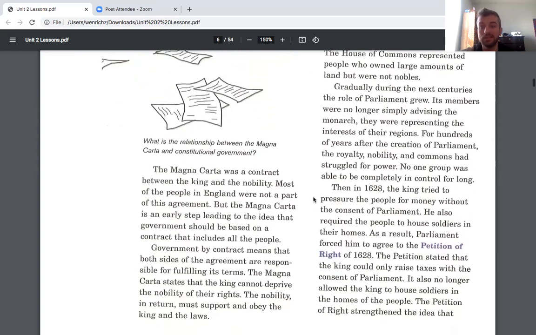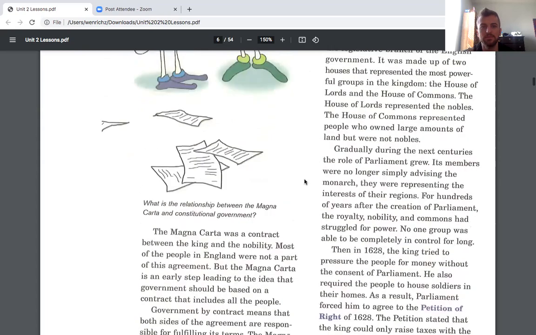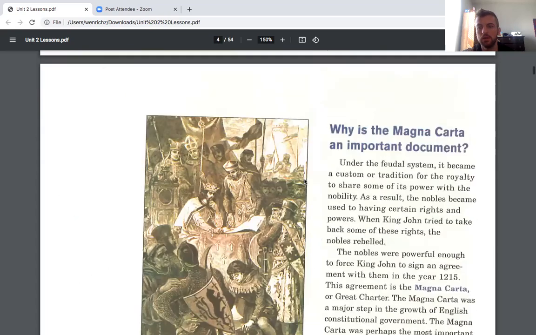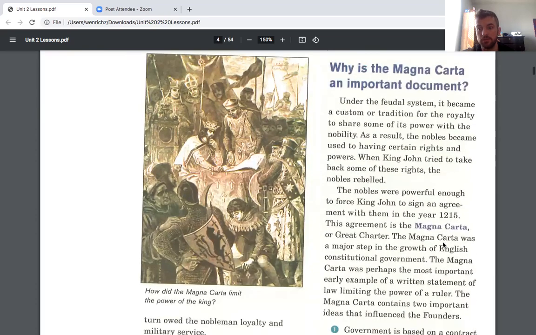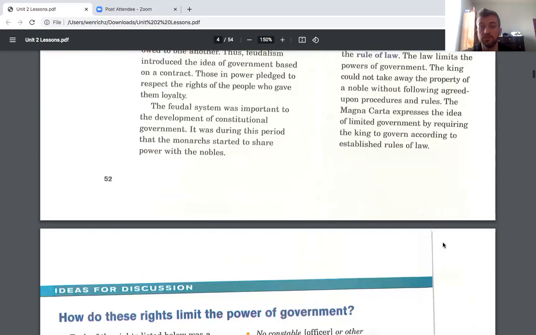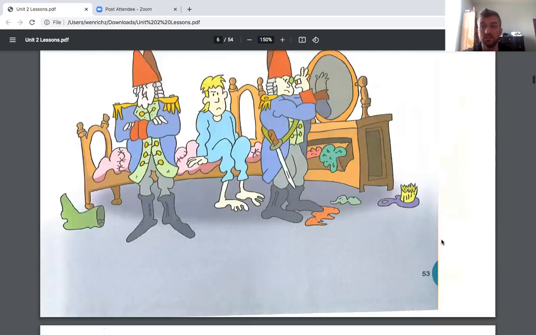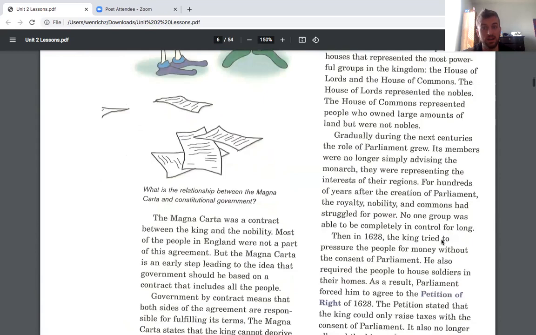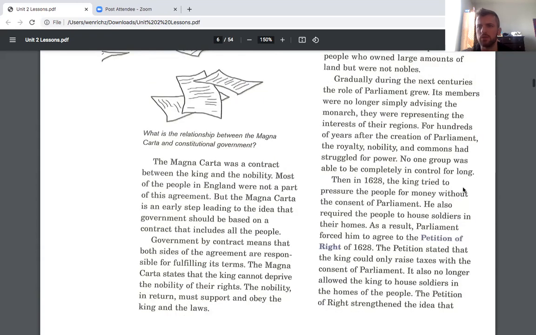Then, in 1628, so again, just historical perspective here, this is in 1628, and the Magna Carta was written in 1215. So this shift in power takes a couple hundred years. It's not quick. So just think about that. Like there's these big shifts in history and then things settle down.